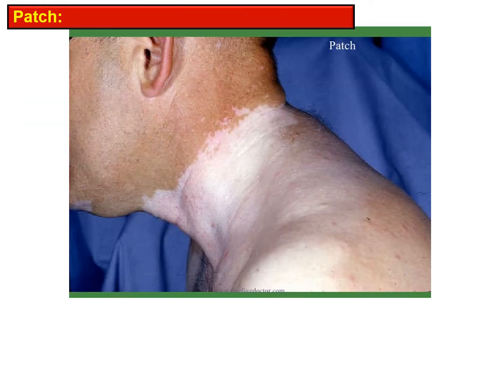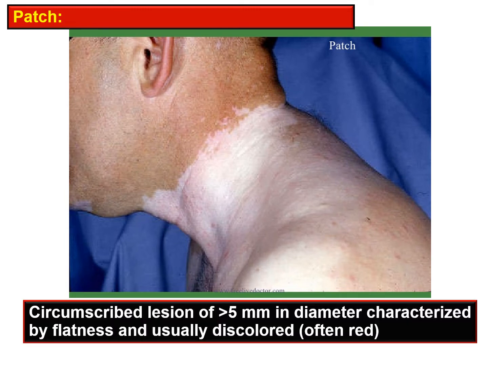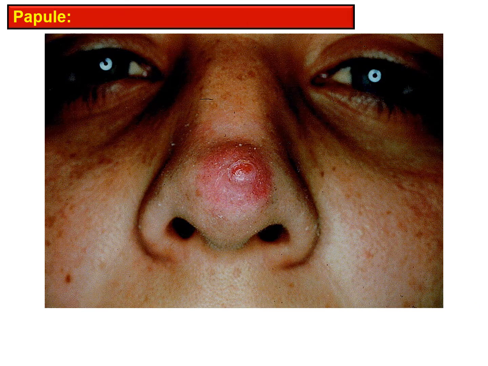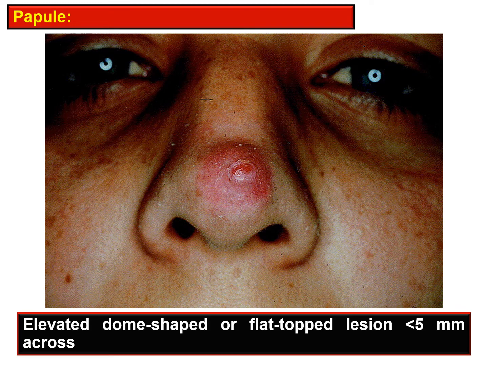Then there is another condition, patch, and this patch is a circumscribed lesion of more than 5 millimeter in diameter, and this is also flat and discolored. Then papule is a condition that is characterized by an elevated dome-shaped or flat top lesion that is less than 5 millimeter across,